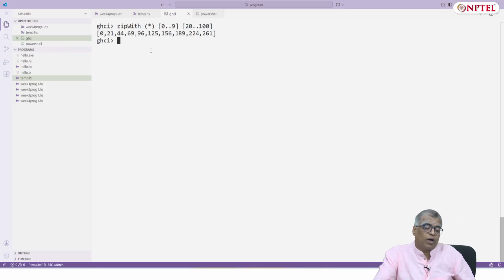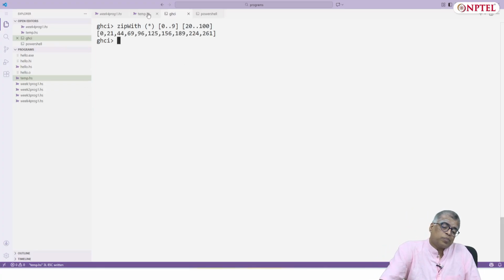So this is, I want to multiply the corresponding elements of 0 dot dot dot 99 and 2 dot dot dot 100, but it will truncate after the first list ends, and you see that you will get 0 21 44 69 96 etc. Okay. So this is zipWith.